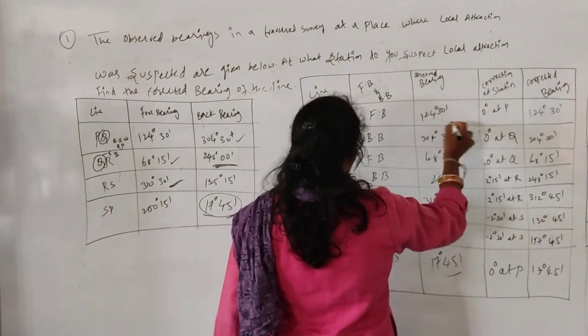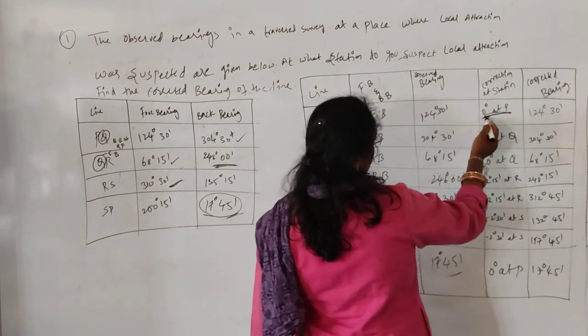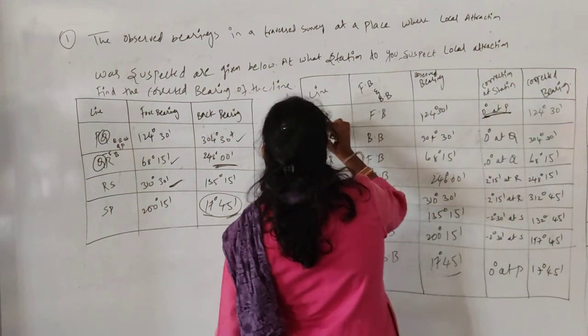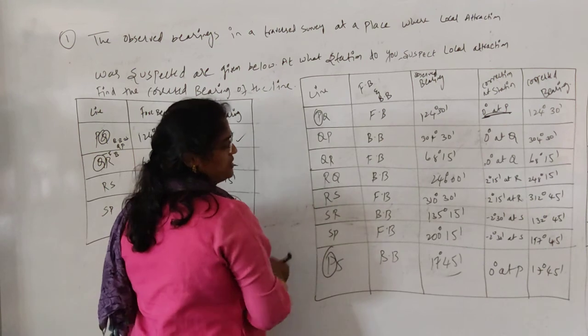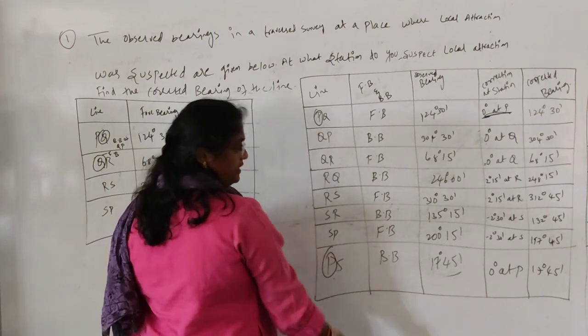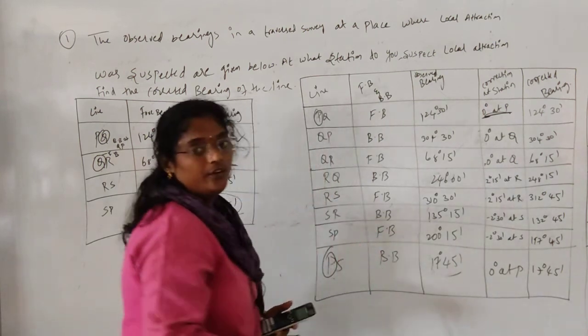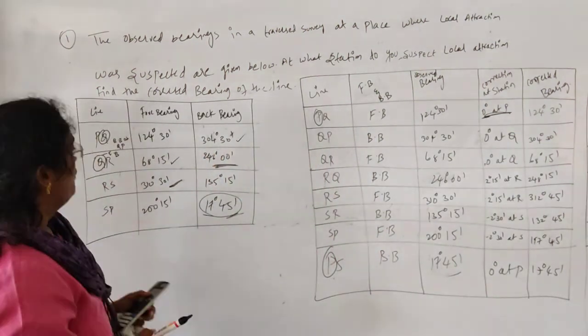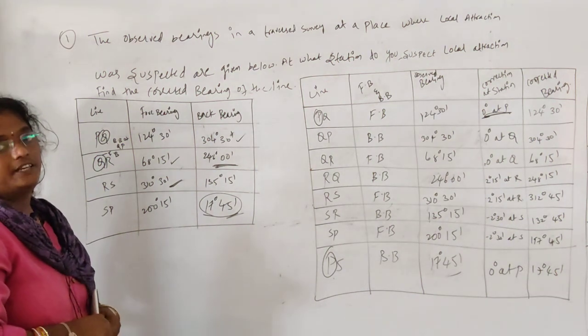See everyone, at station P we did not apply any correction, so obviously it will be 0. Here P is there and here also P. Right, it is a closed traverse; the starting point will meet the ending point. You got all the corrections by using this. We need to find the local attraction. I hope you guys have understood this.